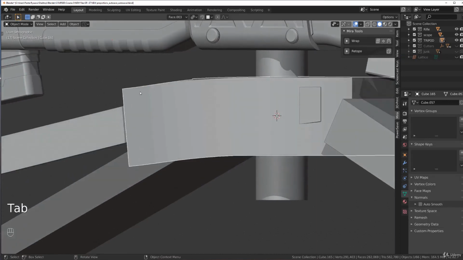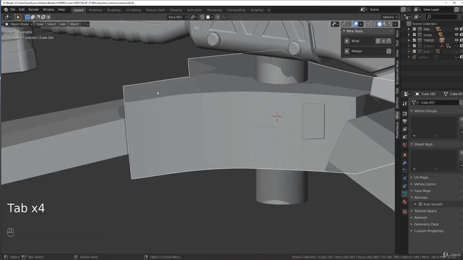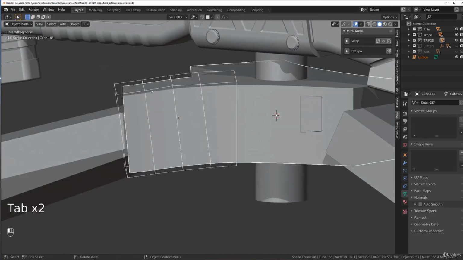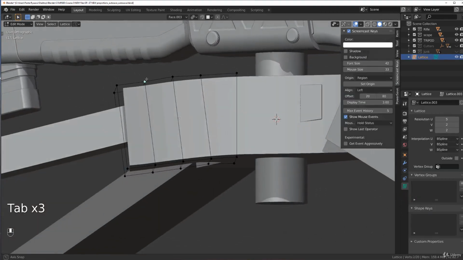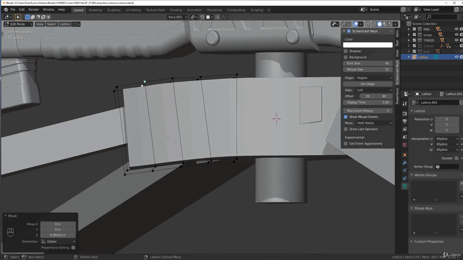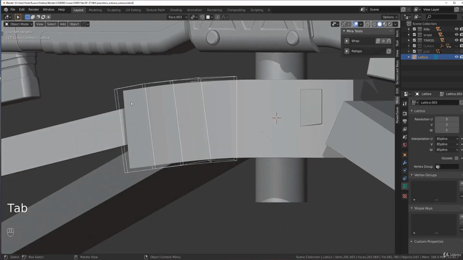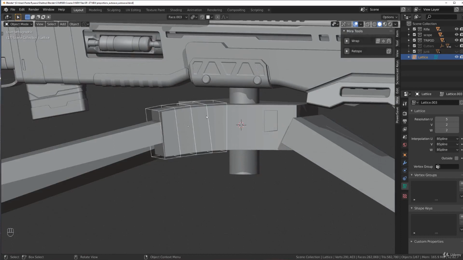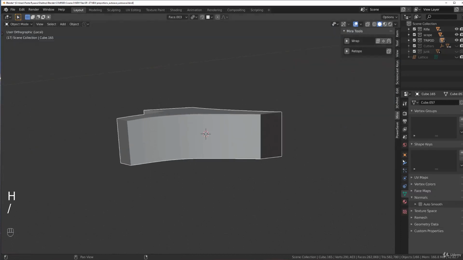We're looking pretty good. Let's unhide the lattice. These 2 could be a little bit higher. So these 2, you see, this could go higher. So G, Z, Z, and move them teensy weensy bit higher, so they curve like this. Perfect. And now the only thing we need to do is simply, you can hide this, grab this one, apply the lattice,